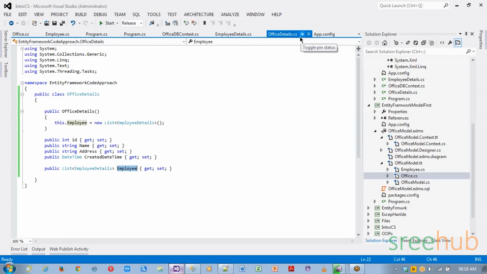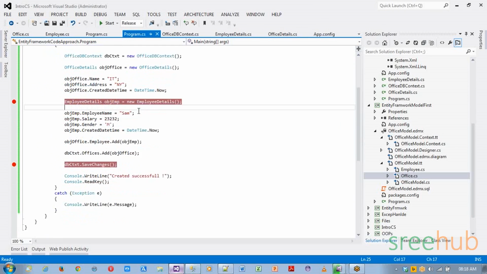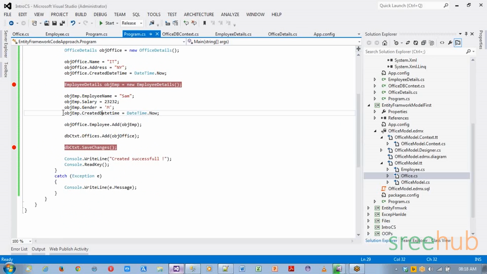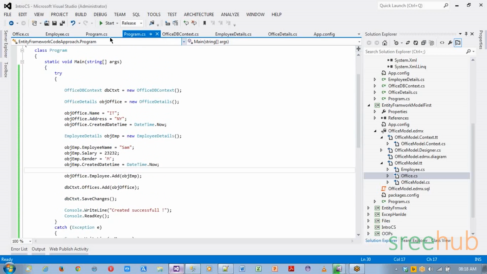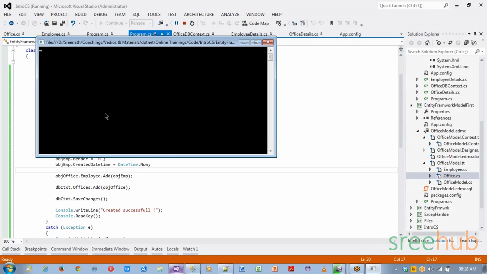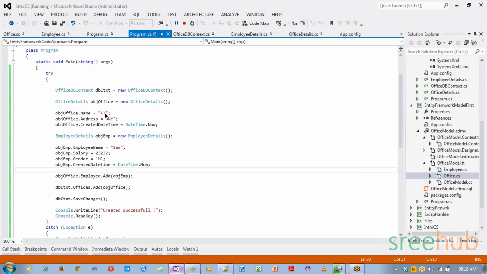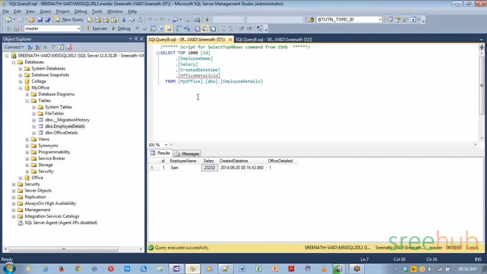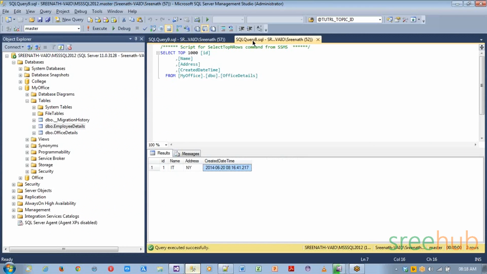Second, once we are done, then our program is running fine, except we skipped create datetime. Because what we are doing is while creating an object, we are not assigning anything, right? So when we assign create datetime with the current datetime, then it actually accepted and everything was fine. So let's run this again, right? And you can see created successfully. Now go ahead and see your data here. We have two rows in our office,